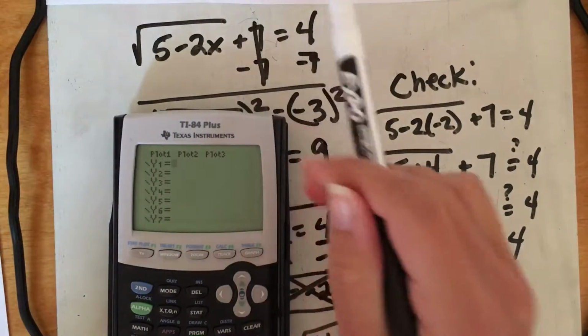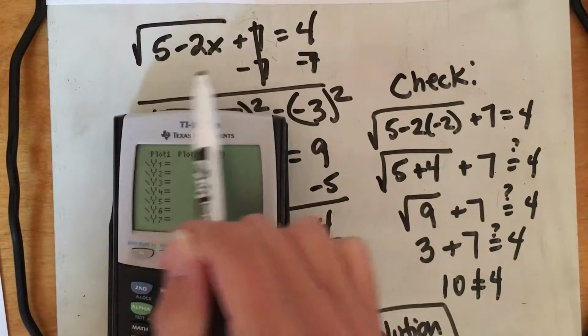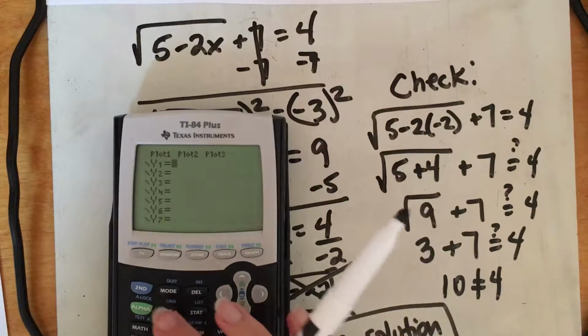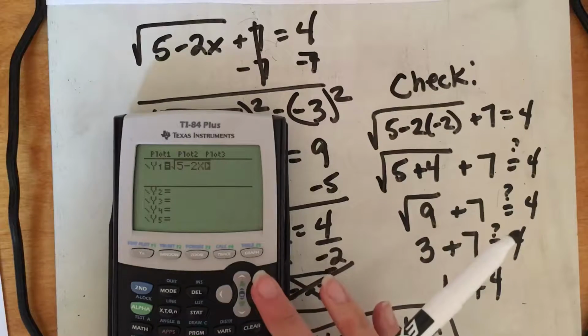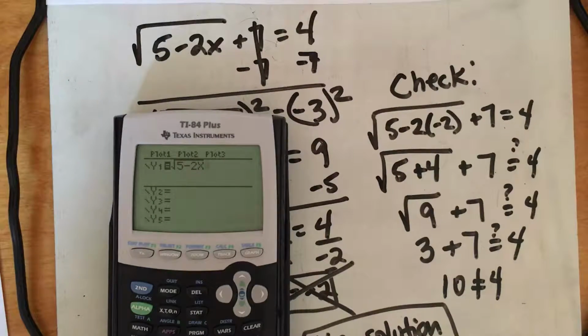So I'm going to graph the left side of this equation. You can still see it right here. So I'm going to say the square root of 5 minus 2x, and then outside the square root, I'm going to say plus 7. And then in the other y equals part, I'm just going to put positive 4. So if we graph this,